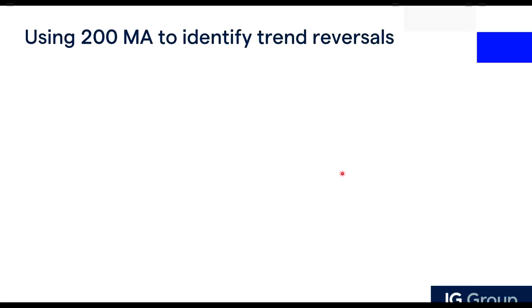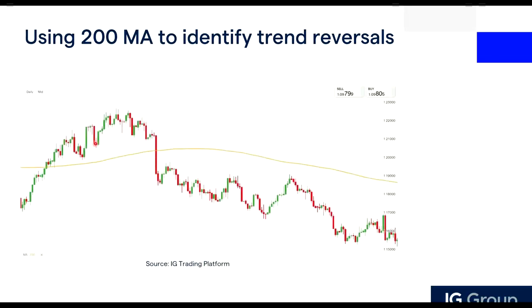So the second way to look at things will be to look out for trend reversals. Many traders are actually using this thing called the moving average. In this particular example, we don't look at lower highs or lower lows, we just look at price alone. And then what we do here is we add in this indicator called MA, the moving average, and the period we use is 200.